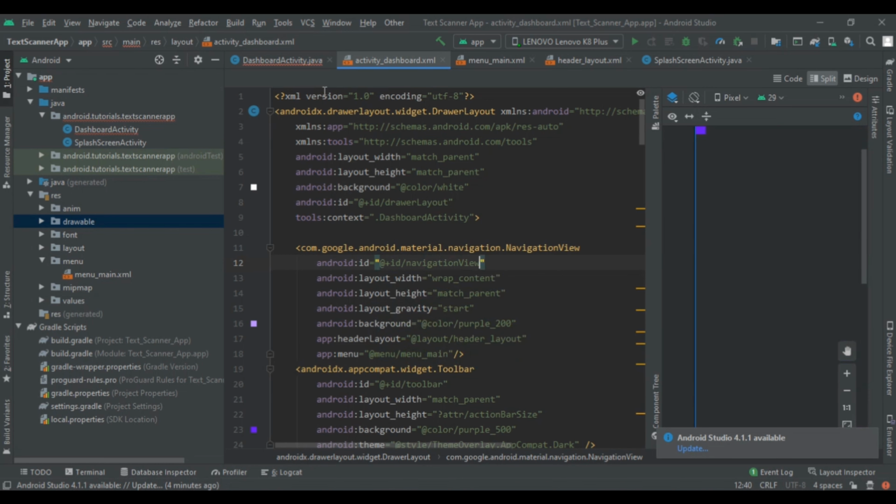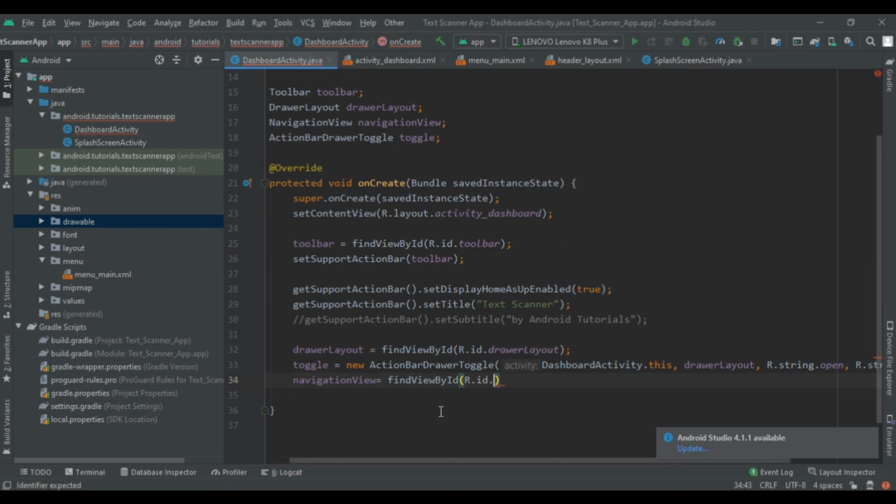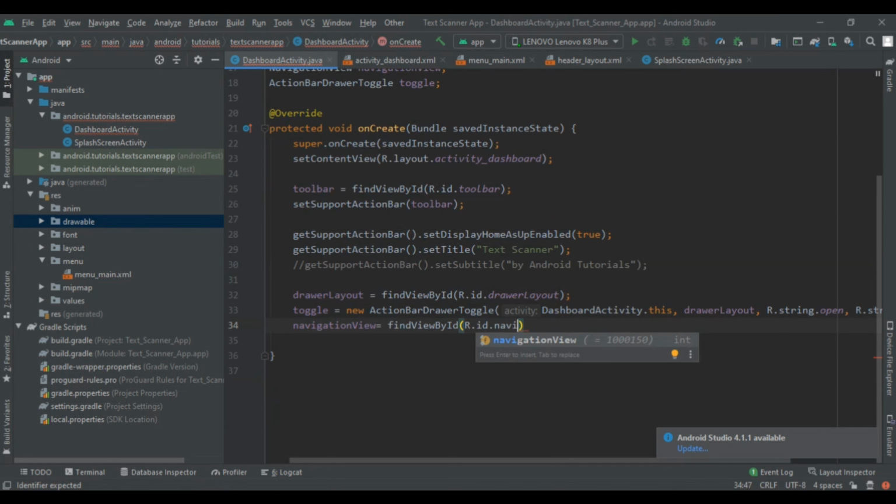After that we are going to cast it in our dashboard, and then add toggle.syncState and add the drawer listener to our layout.